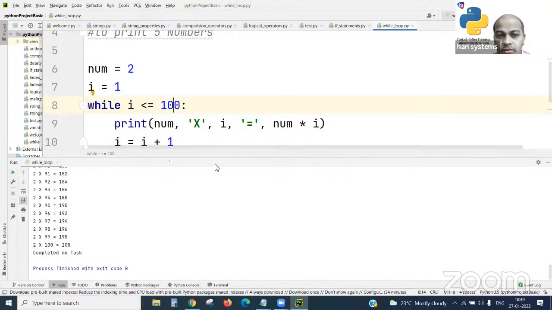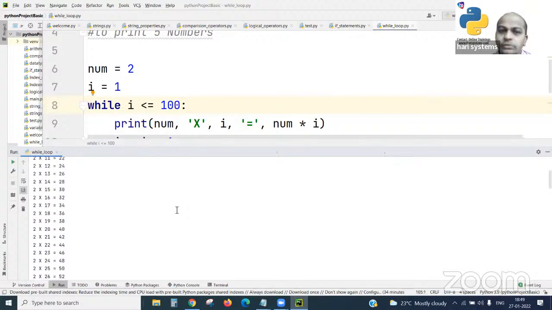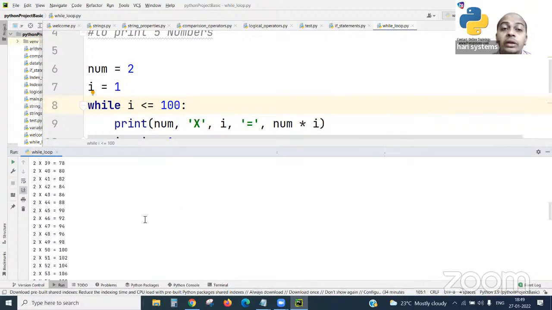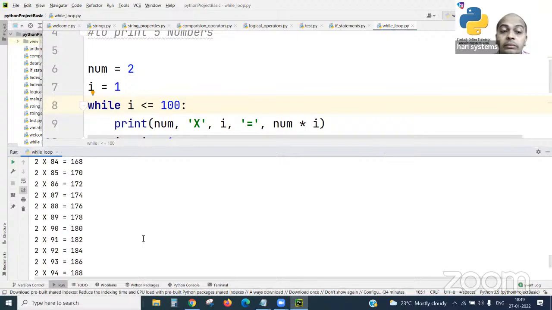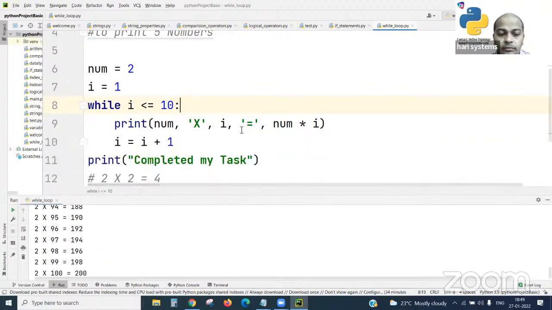The program will understand. The computer has learned so many things from the developers only. So you are getting till 100. If you want, there is no effort you need to put. If you want to see 1000, yes, you can put it and run the table. Don't worry, it's absolutely free. If you have a computer, it's absolutely free. It won't charge. So learn the things this way. And see, this program is constructed for the number 2 table only.